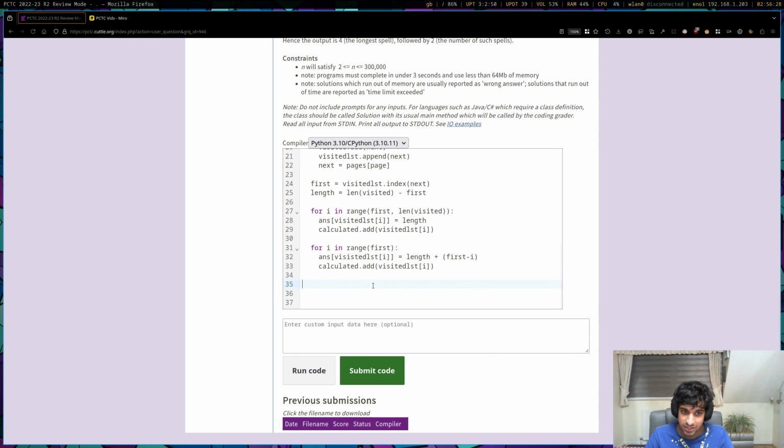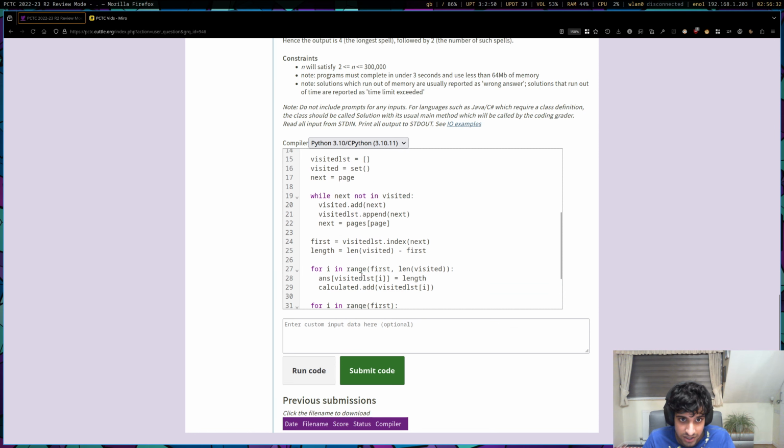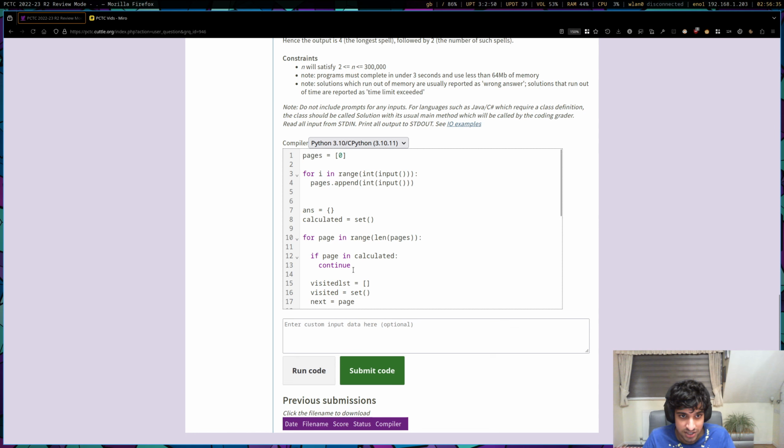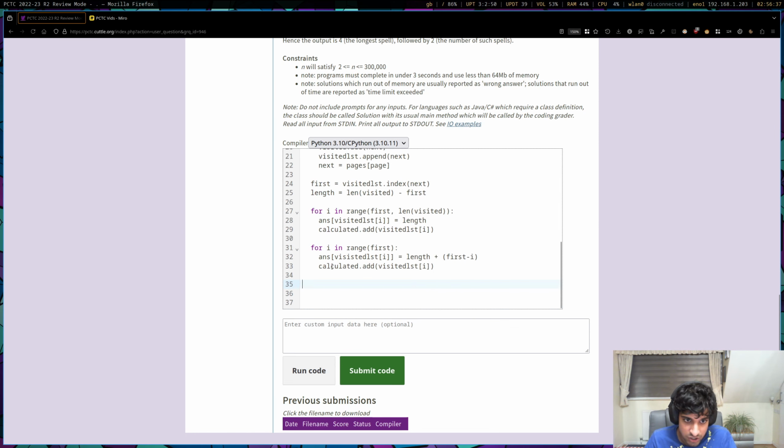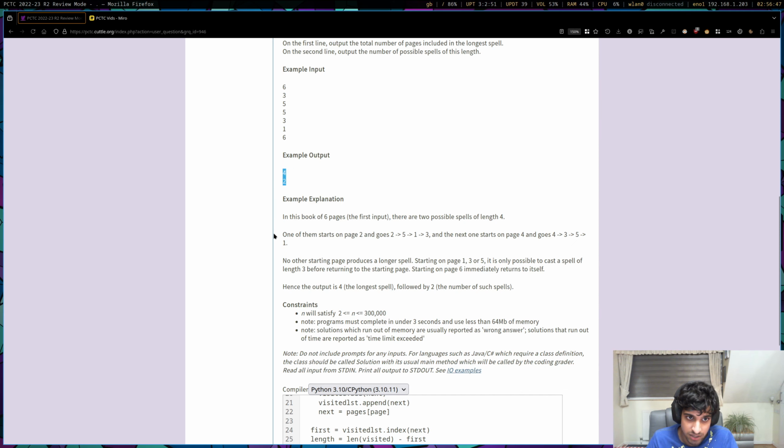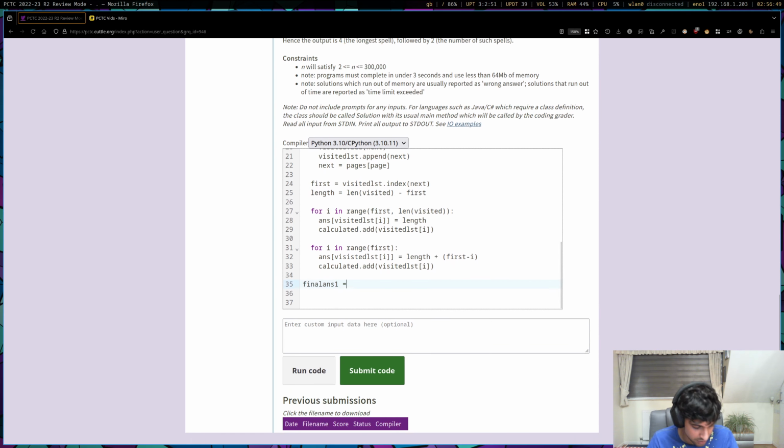So let's essentially just write out the final few lines of code to calculate the things we're interested in. One of the things we're interested in is the maximum length of a chain. So the final answer is going to be equal to final answer 1, because we need to print out two numbers. The first number we're going to print out, final answer 1, is going to be the maximum of,